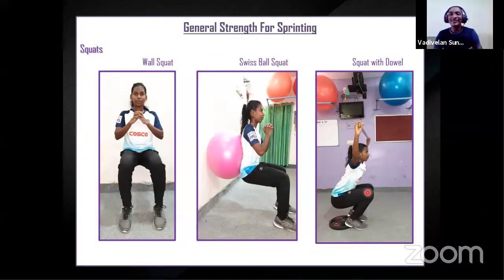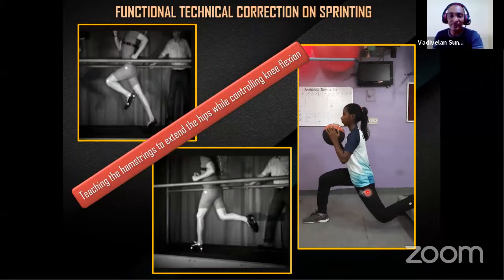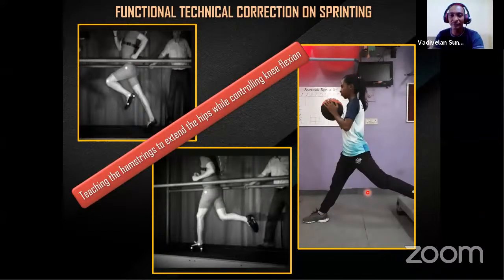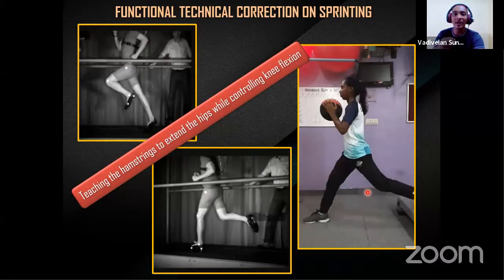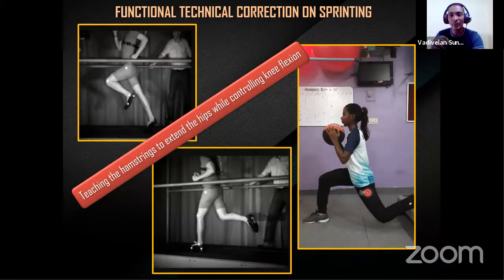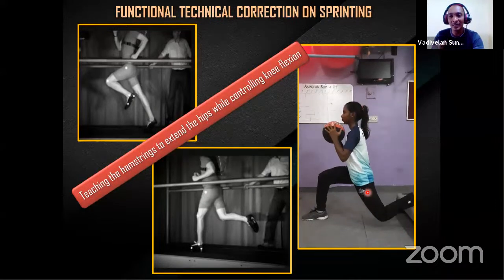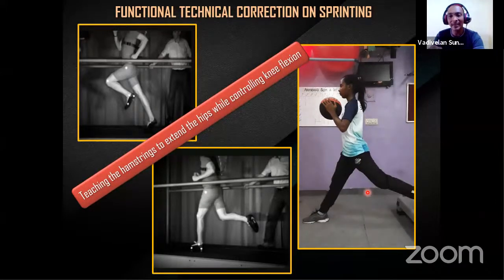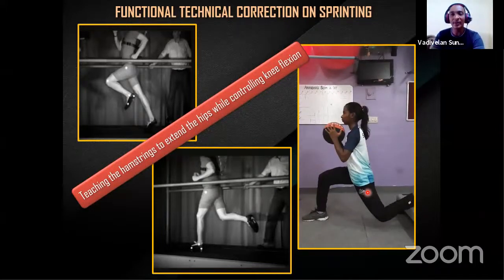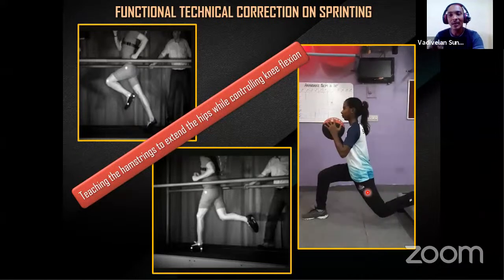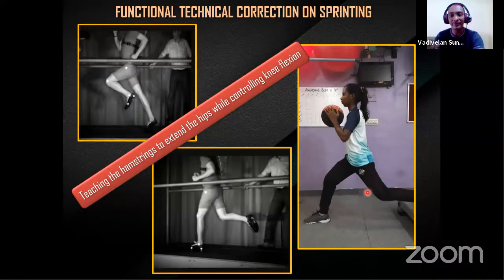So this is what the second phase is, the technical correction. The first one is correcting the determinants, so knowing about the determinants, how the phases are working, which are the forces acting on the initial phases and the later phase, which we have seen first. And the second one is the functional technical correction. We are assessing the movement pattern, so we can correct it functionally, and we can train it in our training room, and that can be implemented during the athletic performance. And this will give an example of how they have developed after the training.